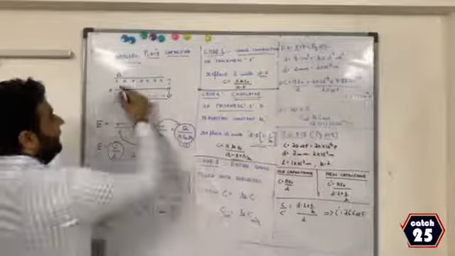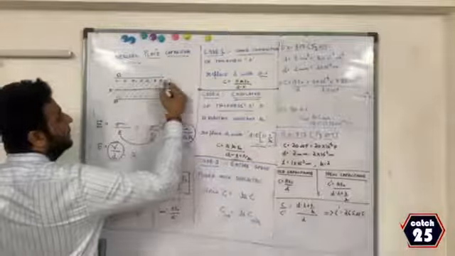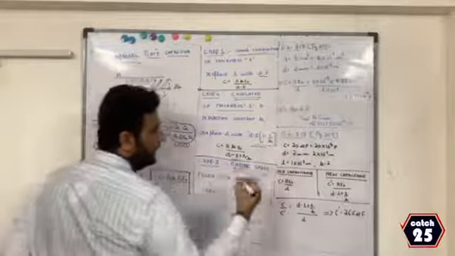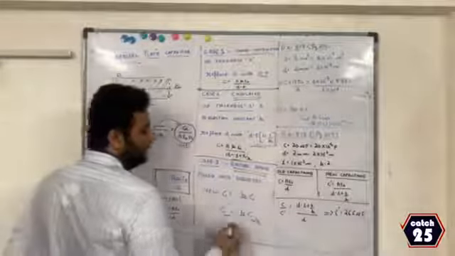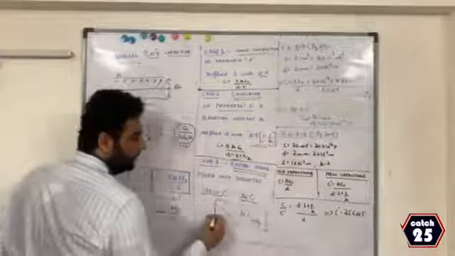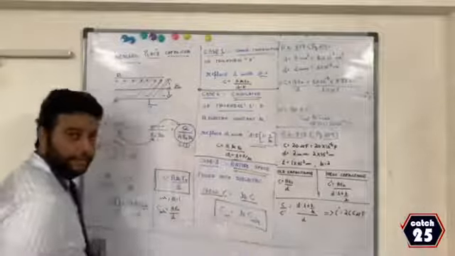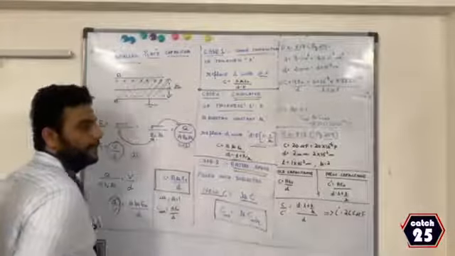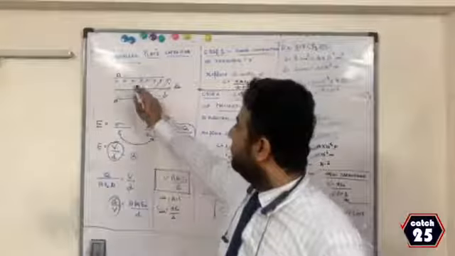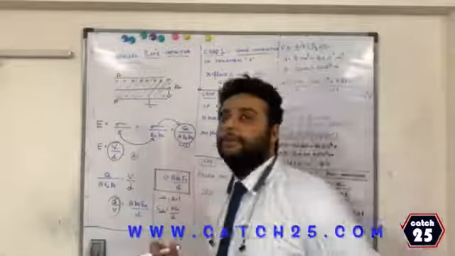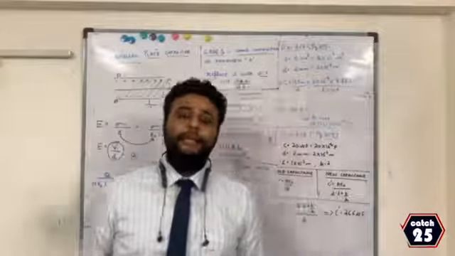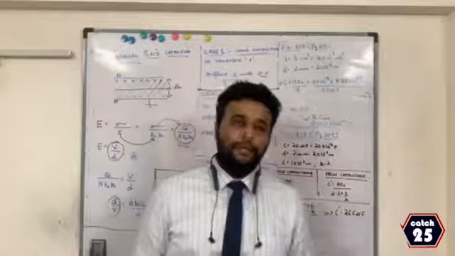Now, if the entire space is filled by an insulator of dielectric constant K, thickness won't come because the entire space is filled. Case 3. If the entire space is filled, then the new capacitor is K times the old capacitor. In other words, a very important formula: capacitance of any medium is K times capacitance of air. Which medium? The medium that is filled between the plates. Therefore, the three cases are: first, a good conductor of thickness T; second, an insulator of thickness T; and third, the entire space filled with an insulator.